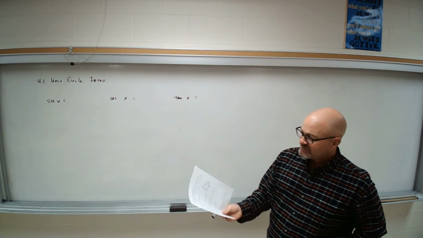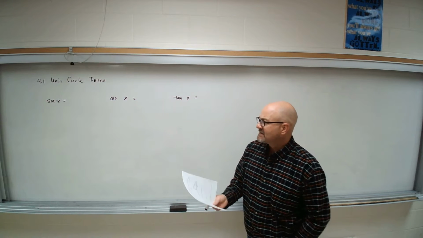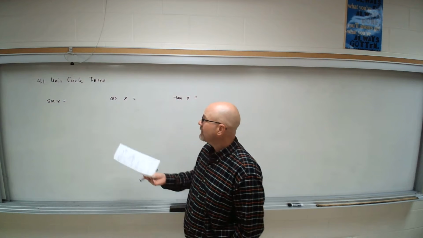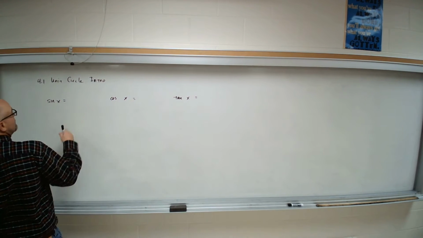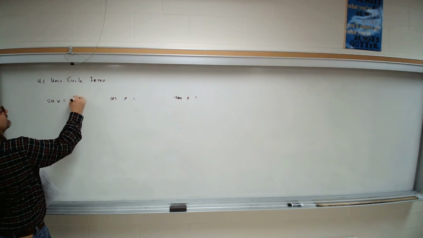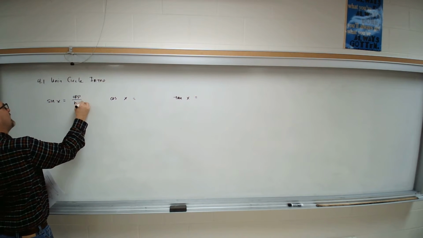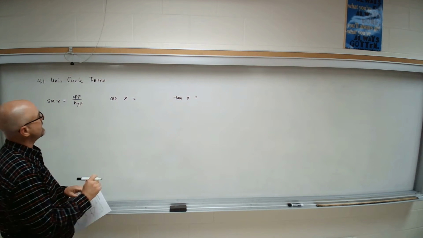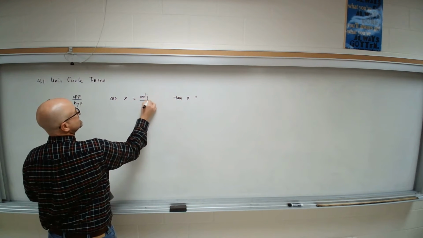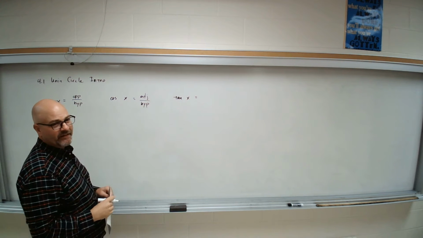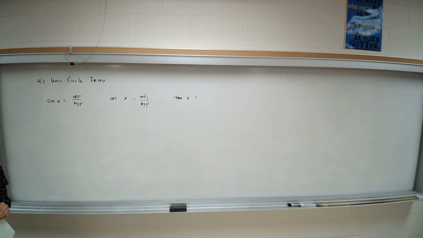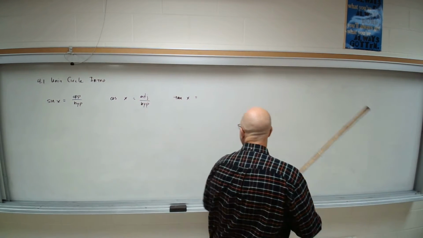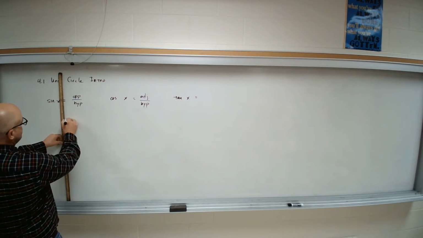We want to define them in terms of the adjacent side, opposite side, and hypotenuse. So you might remember SOHCAHTOA, things like that. So we know the sine of x is the ratio of the opposite side length divided by the hypotenuse. And then the cosine of x is the adjacent side divided by the hypotenuse. With both of these, if we think back to a right triangle and the adjacent and the opposite and the hypotenuse,